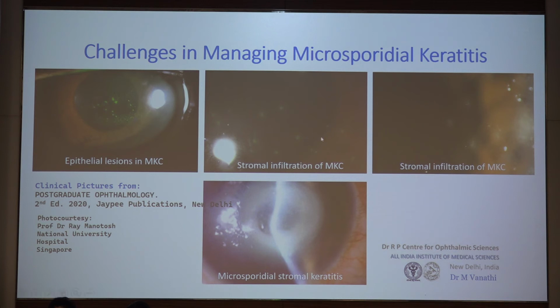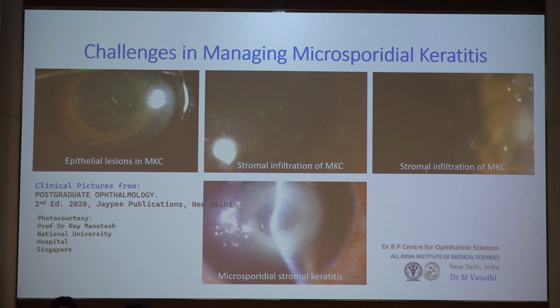But that said, in some cases you do have a mild stromal haze which goes subepithelial and into the anterior stroma sometimes here, and this might increase or become a subepithelial haze with the disappearing of the epithelial lesions here. And when you look at a patient at this stage is when you tend to confuse it with an adenoviral keratoconjunctivitis here, because with adenoviral, you would probably think this is a subepithelial immune haze which is occurring because of adenoviral.